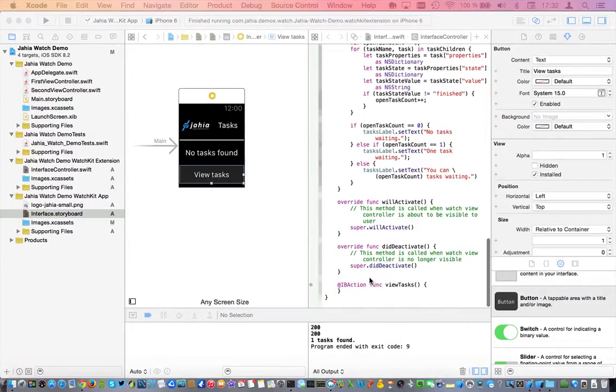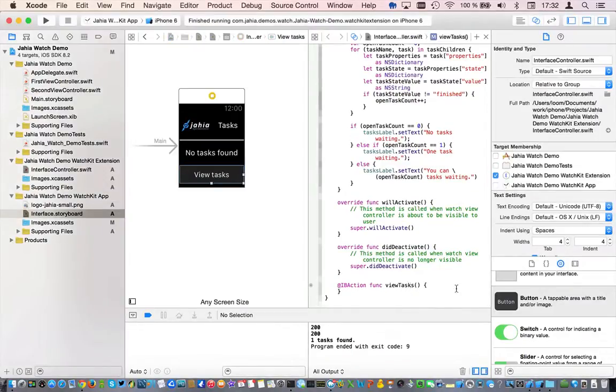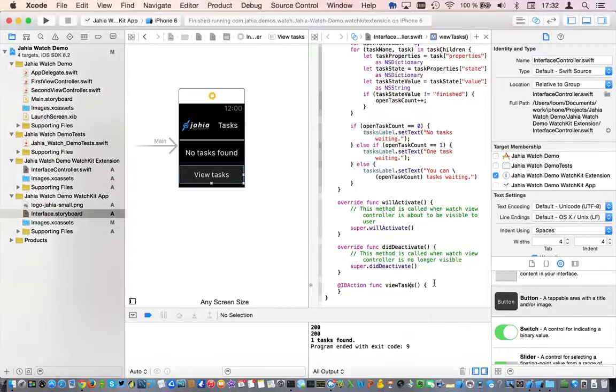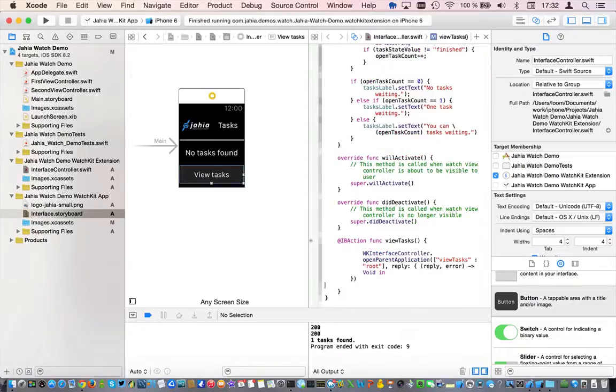Now all I need to do is populate this action. Here we're going to tell the watch that we want to open the parent application, the full-blown application running on the phone. We do this using the onParent application, and we pass it a dictionary that contains a view task key and the name of the user that we need to display the tasks